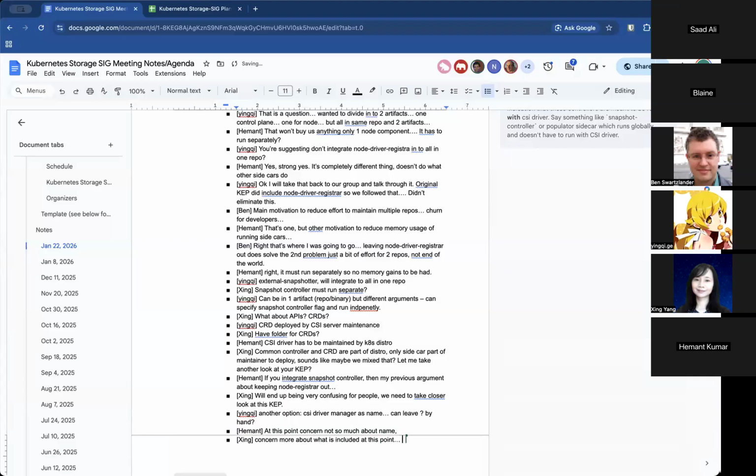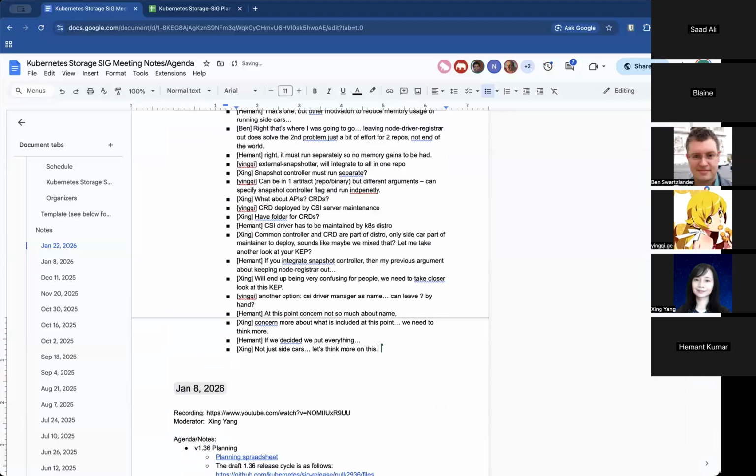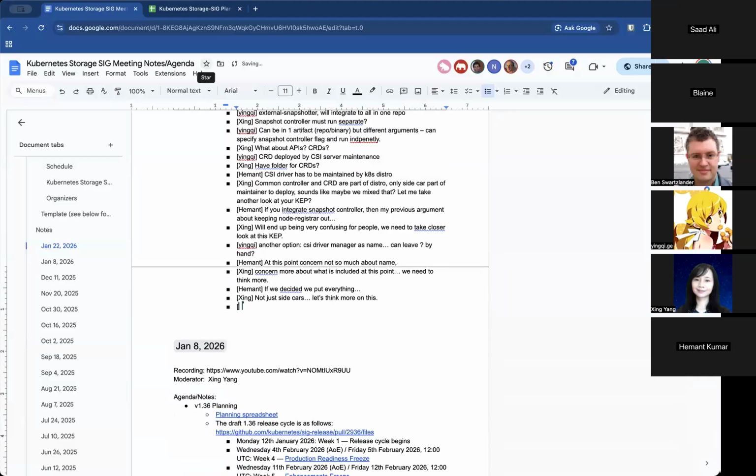If we decide we are going to put in the whole kitchen sink, snapshot controller, CRDs, node registrar, we cannot call it sidecars anymore. So let's think more. I will leave the cap so you can comment on it. Yes, please. Okay, thanks.